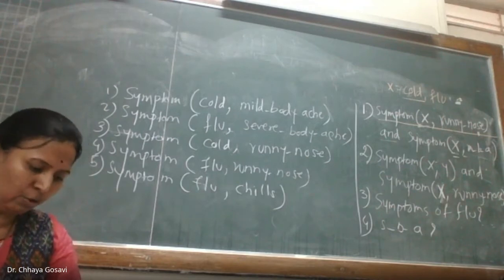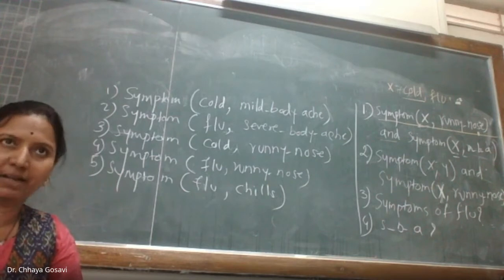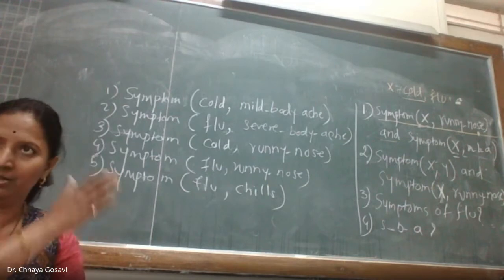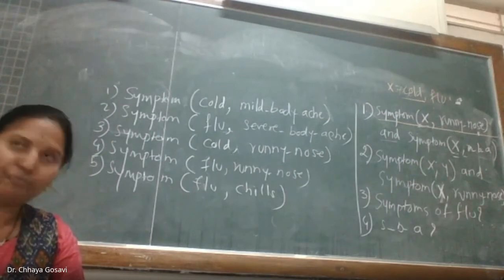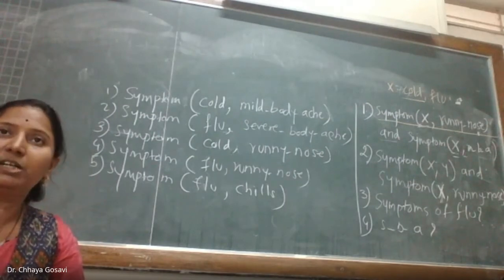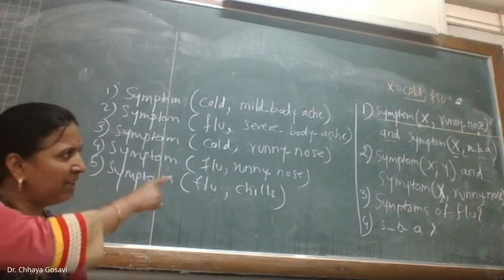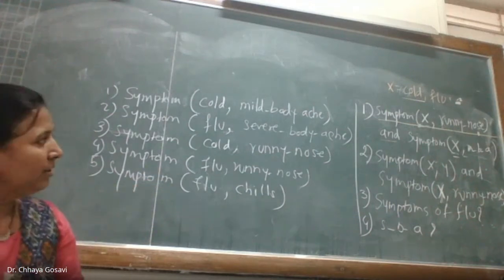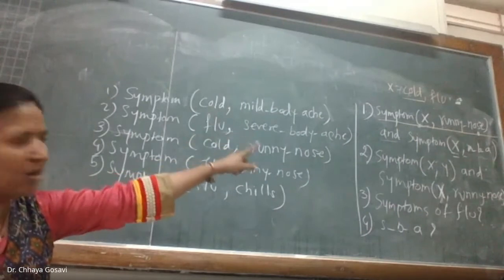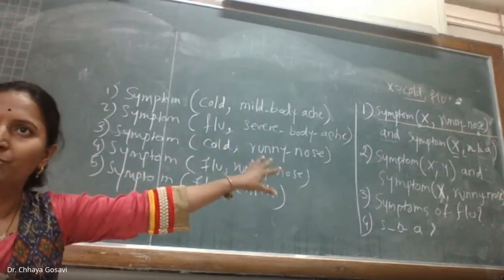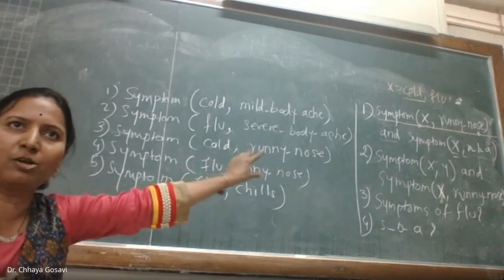Names beginning with lowercase represent a concrete fact. That fact means our database. And uppercase represents variables. The scope of a variable is the rule within which it is used. The scope of that variable is bounded only to that rule. In the first query, the value of X was cold. In the second query, the value of X is again different. So that X is bounded to that particular rule.